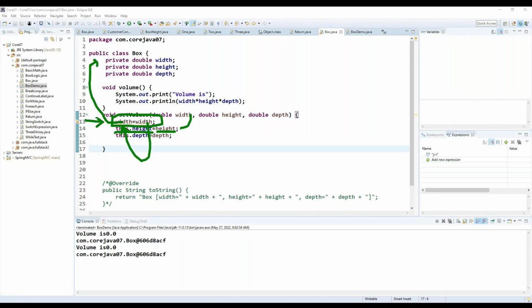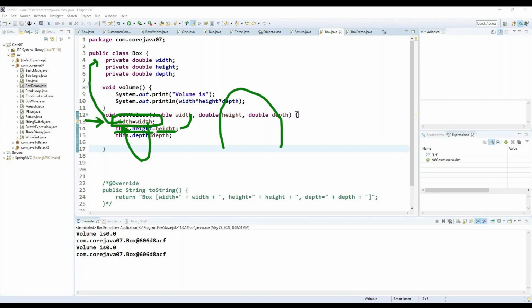Getting the point? The compiler here cannot understand it. The instance variable also has the same name here. Only the compiler knows whatever variable we provided. So these two have the same local variable. So what happens here? Once we initialize the value, the local value is again being stored into